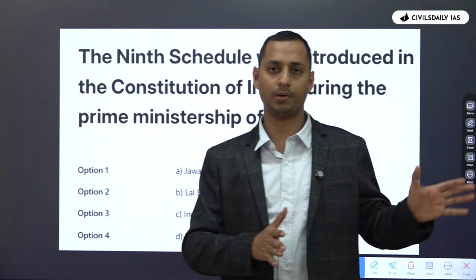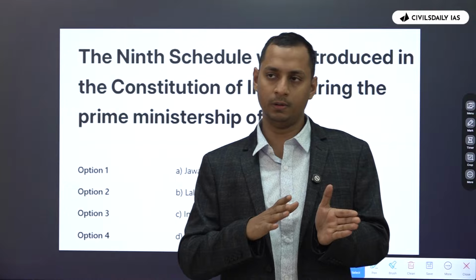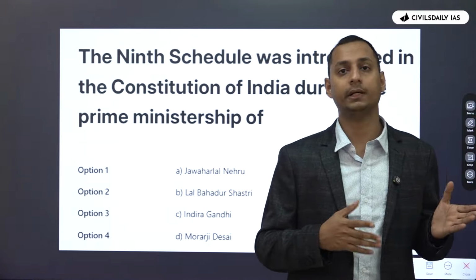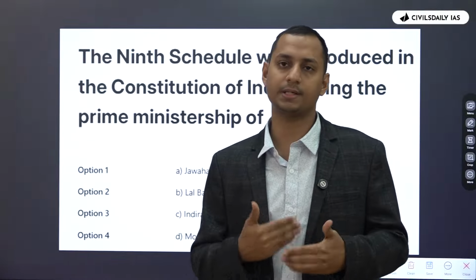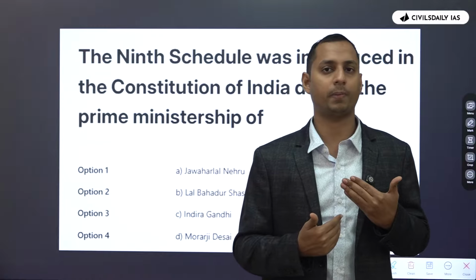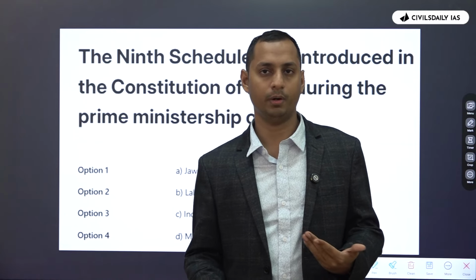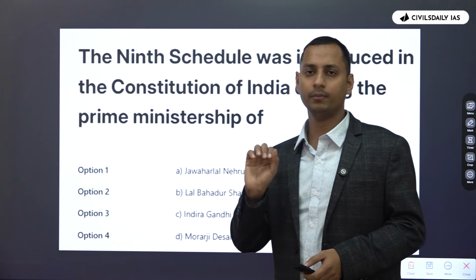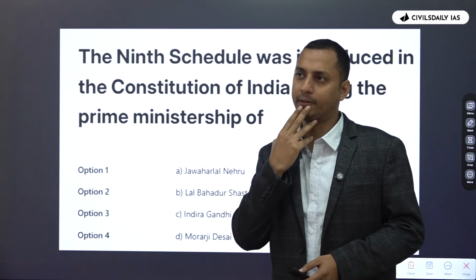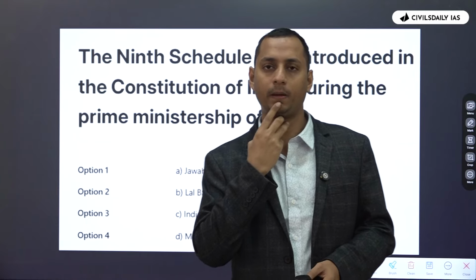It's better if you have clear-cut clarity regarding the different Prime Ministers and their terms. Let's say, for example, Jawaharlal Nehru was in office from 1951 to 1964. After that, succeeded by Lal Bahadur Shastri. Then came Indira Gandhi. Then came Morarji Desai. It's always better if you have a chronological idea regarding who were the Prime Ministers of different times and what are the important things done by him or her. Okay. It's always good to have a clear-cut idea regarding the same. If you have an idea regarding the political chronology, certain questions you will be able to counter, right?